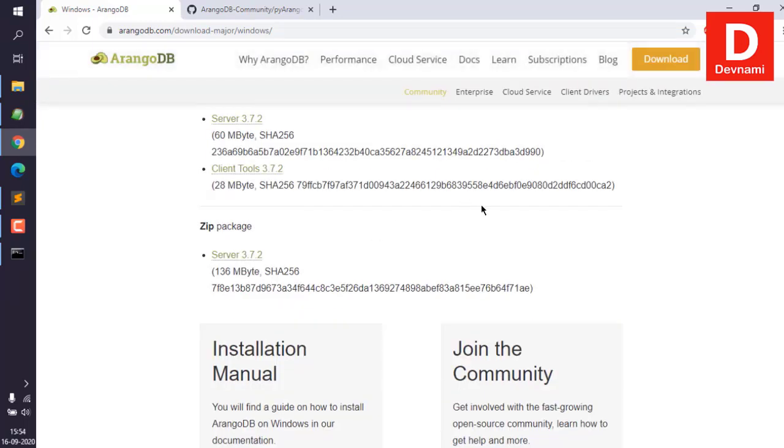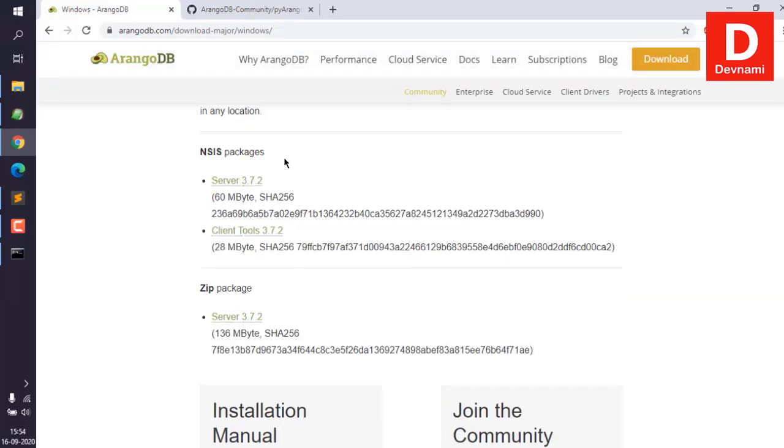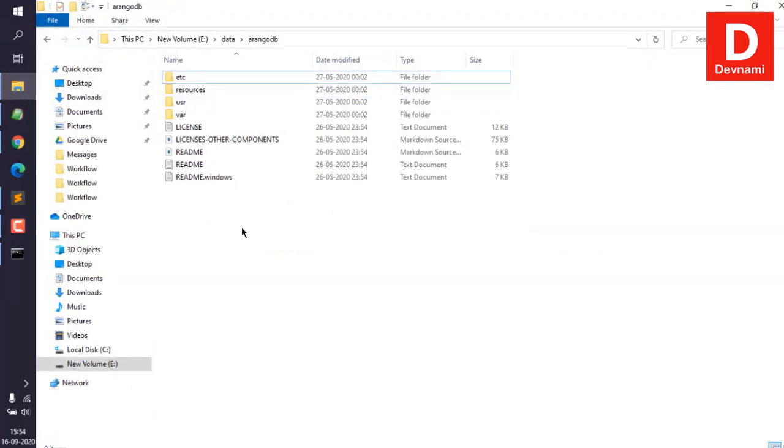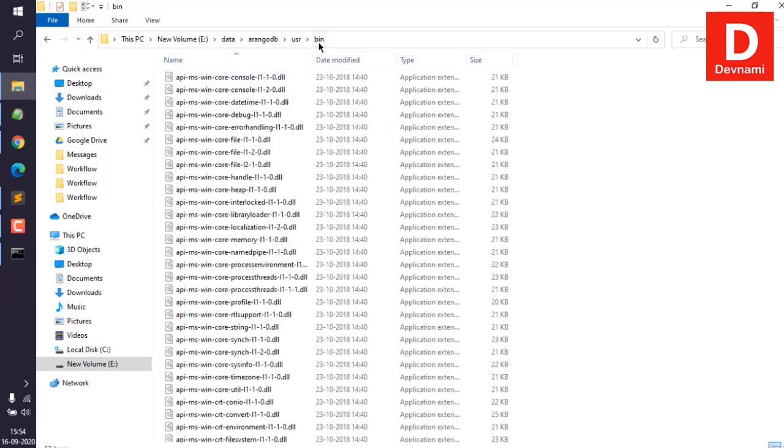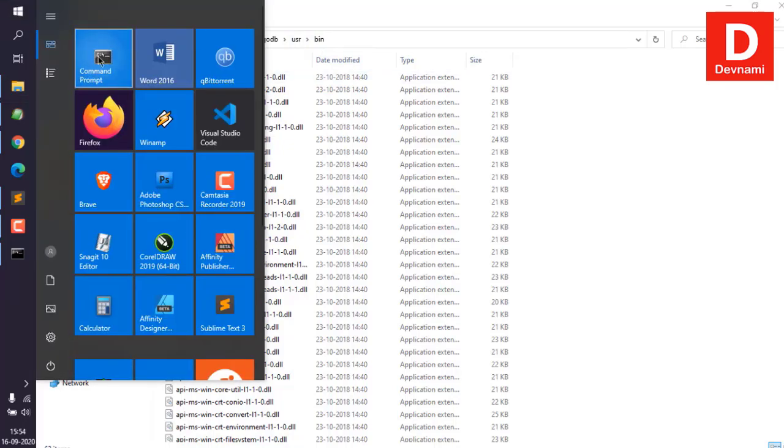Here you can also see two different installer options, one being server and second being client tools, and there is also zip package that you can extract and should look something like this. Okay, so in that you have this user and then bin folder, so make sure that this bin folder address is added in your environment variables path. Okay, once you do that, what you can do is open command prompt